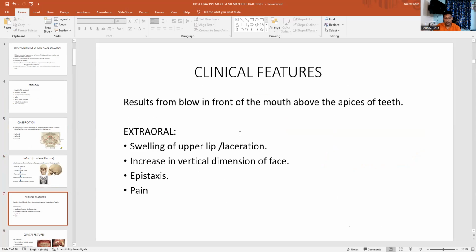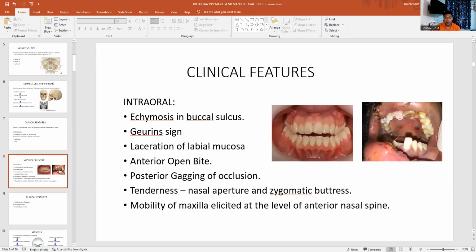What are the clinical features? Clinical features resulting from this are a blow in front of the mouth, open apices of the teeth, extraoral swelling of the upper lip and laceration of the lip, and an increase in vertical dimension of the face because of the floating maxilla. There can be epistaxis, bleeding from the nose. There can be pain. And the clinical features intraorally are ecchymosis in the buccal sulcus, as you can see,